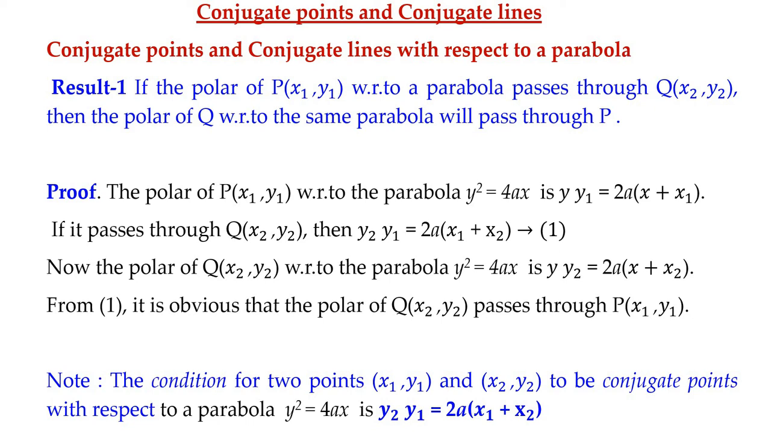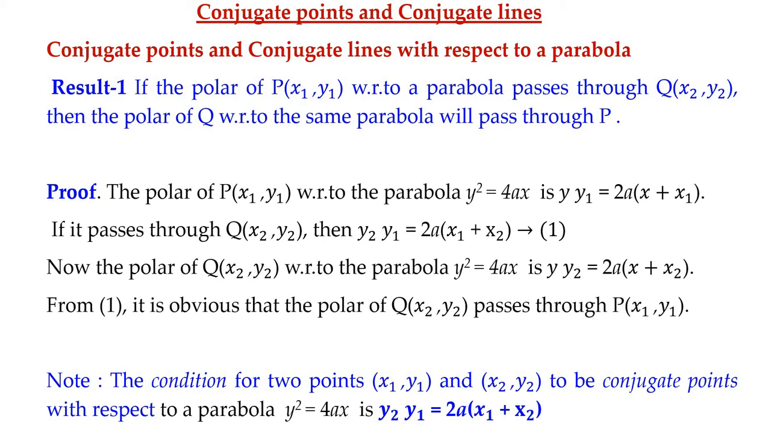Now in this we are going to have the definition of conjugate points and conjugate lines with respect to a parabola as well as with respect to an ellipse. So first we see this result. It states that if the polar of a point P of x1, y1 with respect to a parabola passes through